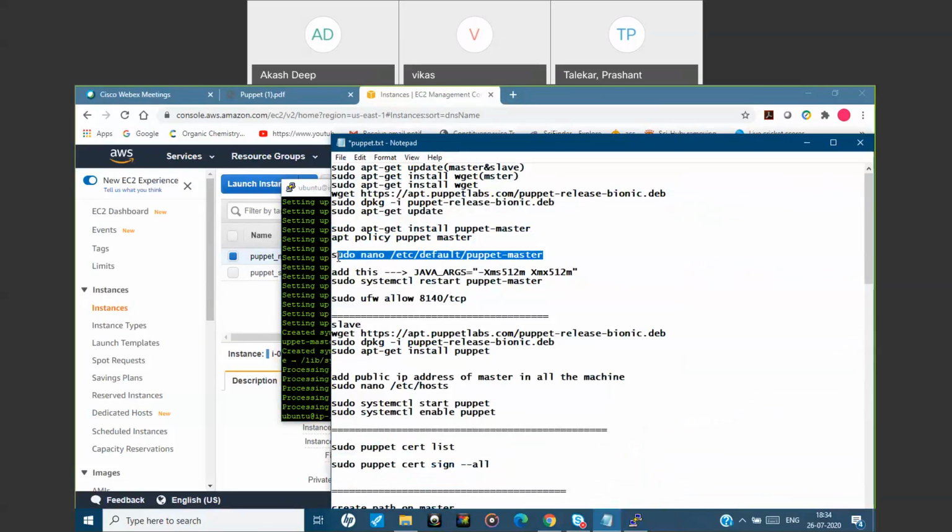Basically, under this location, etc default puppetmaster, you need to specify this argument.